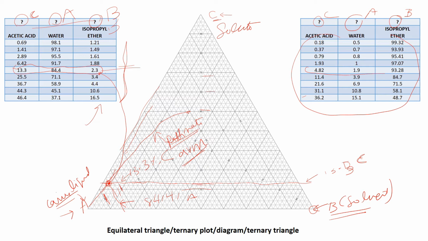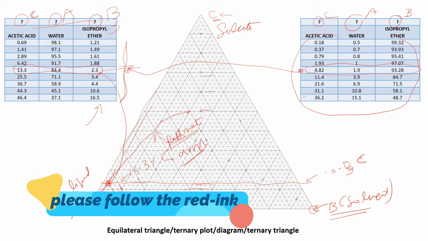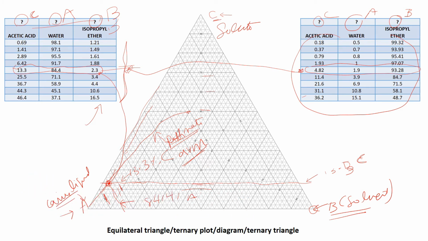So let me plot 4.8. These two values are obtained from the same experiment. So I'm going to plot 4.82. Let's plot that one, 4.82 percentage of C. So this should be somewhere again down here. This is 0 percentage C, 2, 4. So 4.82 will be somewhere around 5, somewhere in the middle. So this will be approximately